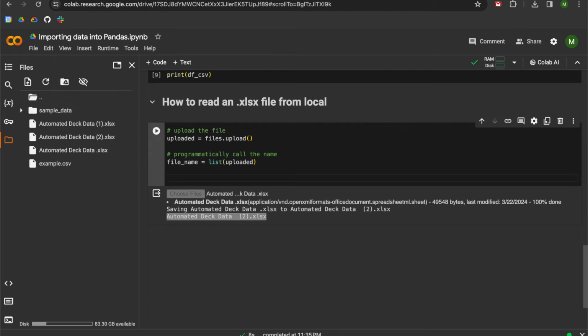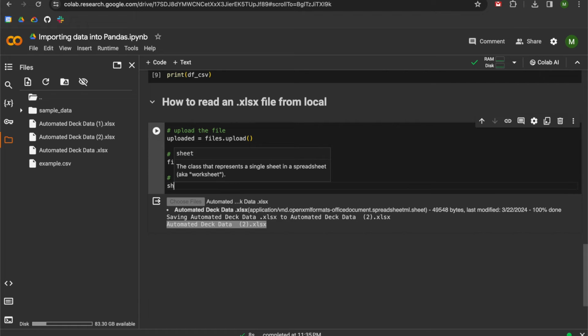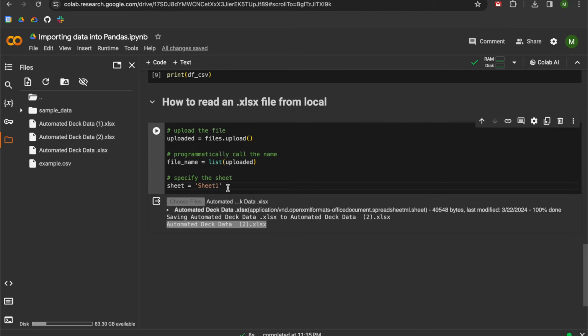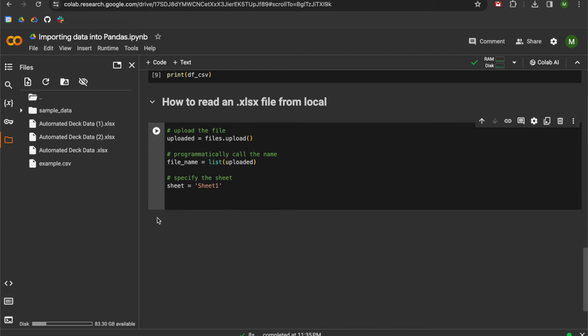So the next thing that we are going to do is specify the sheet. So we can call this sheet and set it equal to, in this case, my sheet is just called sheet 1. So you can go to your Excel file, or if you're using Sheets like I did, whatever the name is here, collect that and then enter that as your sheet name. I'm going to close this because we don't need it anymore. And now we are going to add a comment, and then we are going to read the Excel file